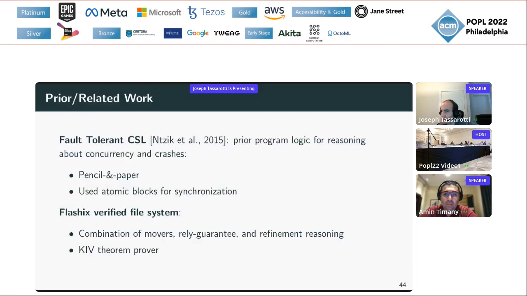We're able to use similar techniques to what you see for handling helping and non-fixed linearization points in the separation logic literature. Actually, we're forced to use those techniques because the problem becomes even worse, especially when you have asynchronous disks, like I mentioned before. The non-fixed points show up a lot more. And so we're able to use some variant of techniques for prophecy reasoning to handle those. And we have some unpublished work that we're excited about that handles that. Since you're in person, I can ask, did that answer your question? Yeah, thank you. Okay.